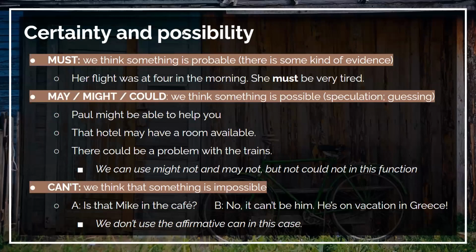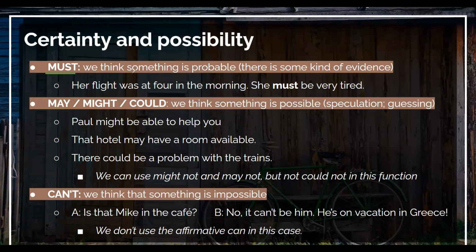Now, certainty and possibility. Now, please pay very close attention to this part. It caused some confusion when we were doing it in class. Let's see if we can clarify this once and for all. So we use must, right? We use the modal verb must